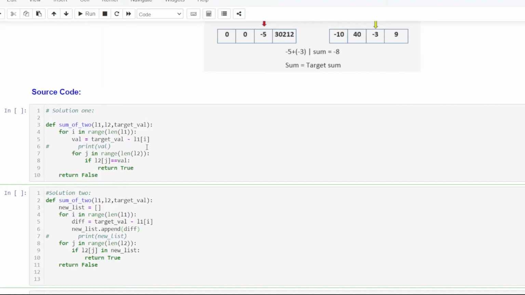Again we are doing the same thing. We are just going to store all the values in a new list. So whichever values we get here, again -8, -8, -3, -30,220, these are going to be saved in our new list. So new list dot append different.